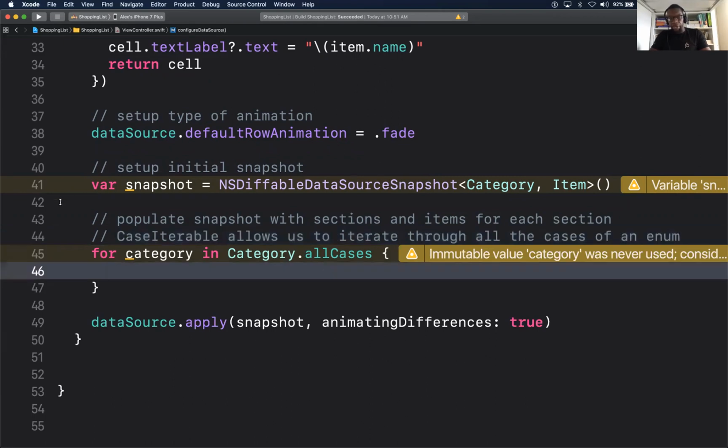So as we iterate through each category, we'll query the test data items for that particular category's items.